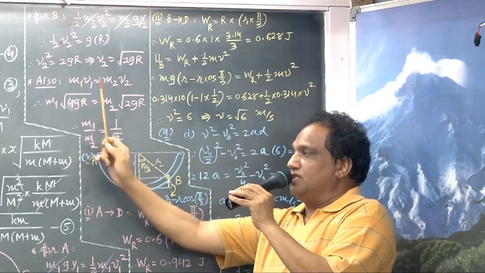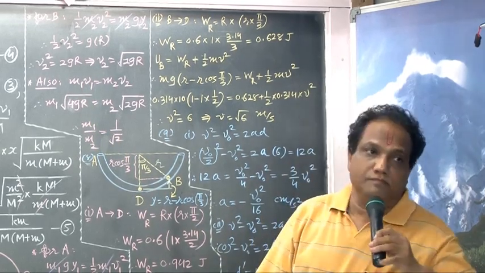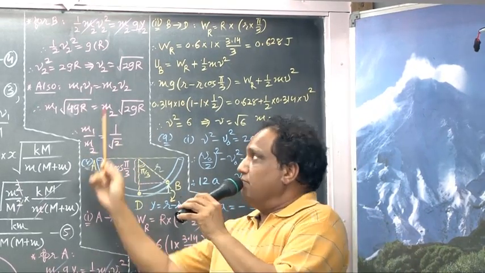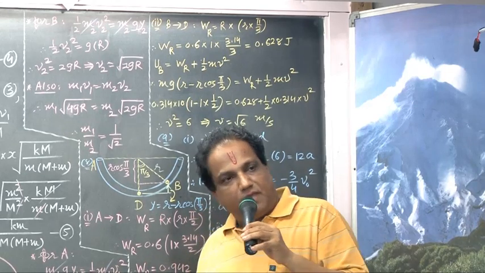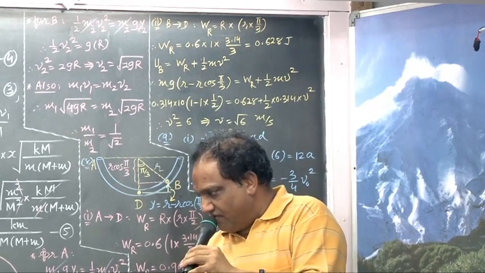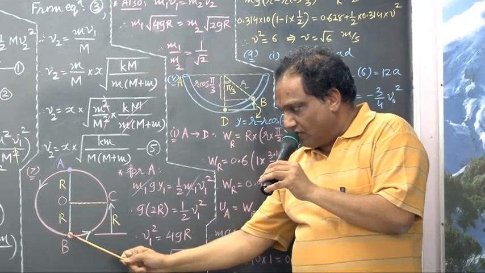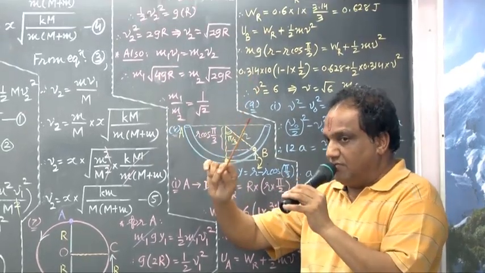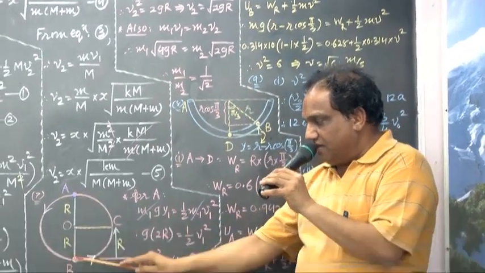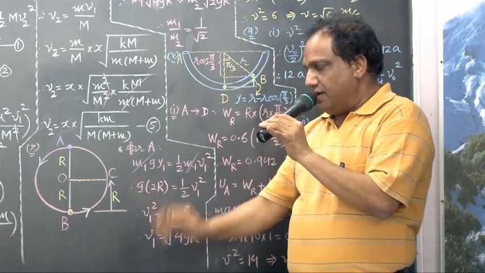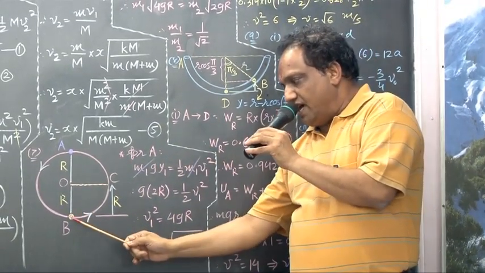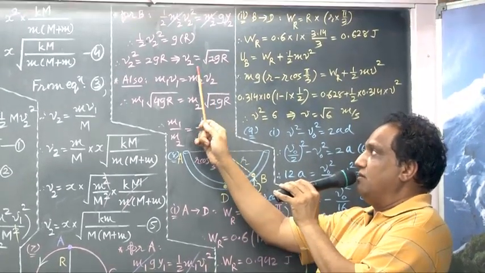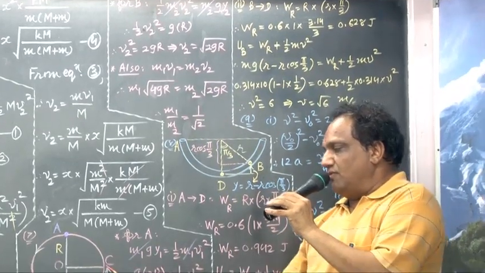Why is this the initial momentum of the system? Actually, this is before collision and this is after collision. Before collision, what was the mass of first body? m1. And just an instant before collision, what was the maximum velocity achieved by this body? It was v1. So mass into velocity will give you initial momentum. But after the collision, this bead comes to rest. Then this body achieves velocity v2. So mass into velocity will give you final momentum. Okay. Why is there no momentum of the second bead over here?